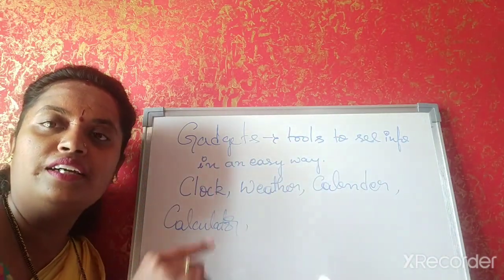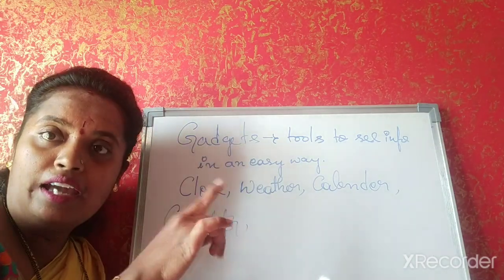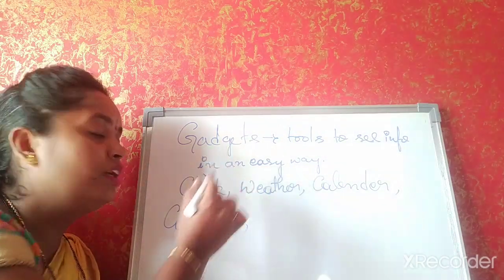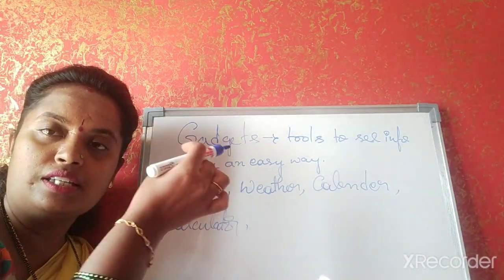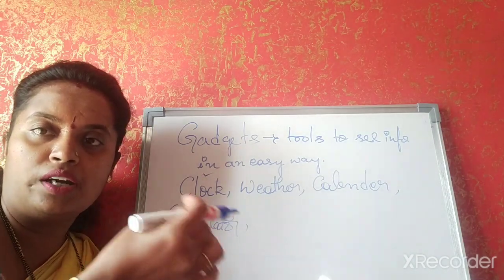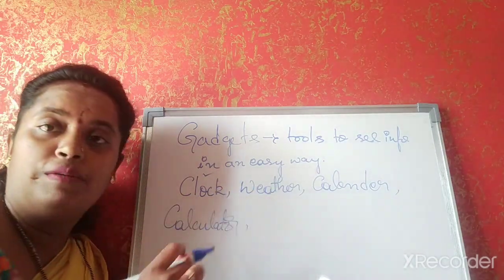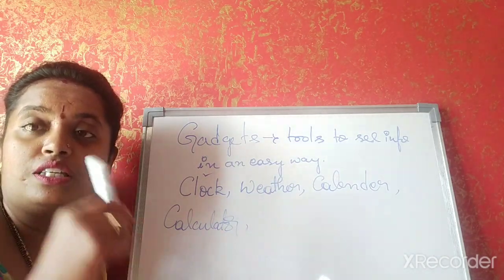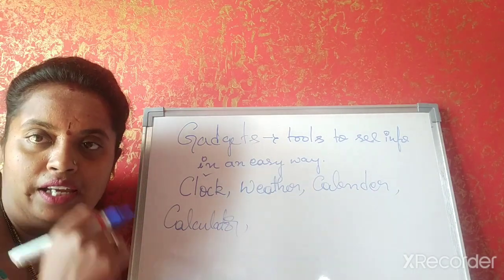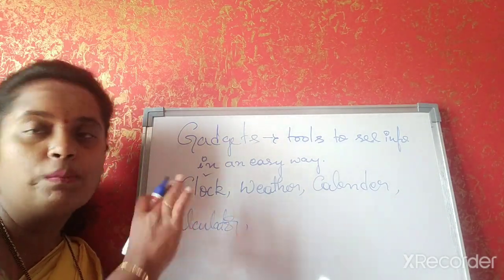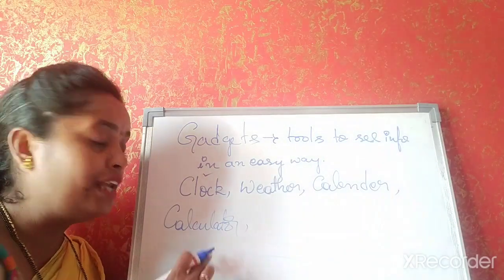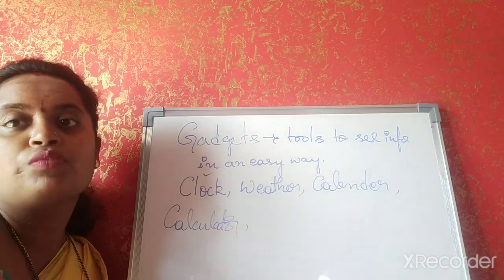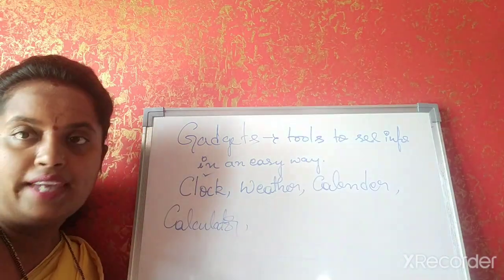So once you click on the calendar, it shows you which date, which day, which month. Yes or no? Yes. Once you click on the clock, it shows you the exact time, either in the afternoon or in the morning or evening or night. Weather shows whether it's going to rain, whether it's partly cloudy, or too hot, the temperature is high. So the weather forecasting at that moment you can see. The calculator does simple calculations and complex calculations also. At that particular moment you can use the calculator.